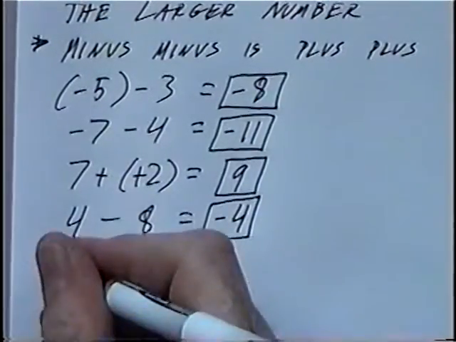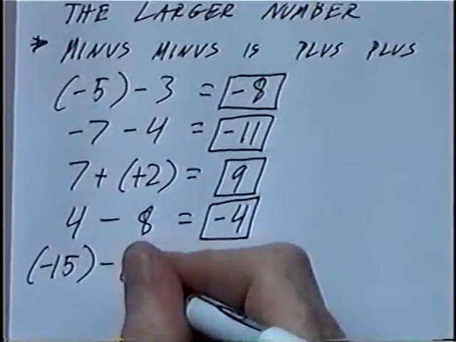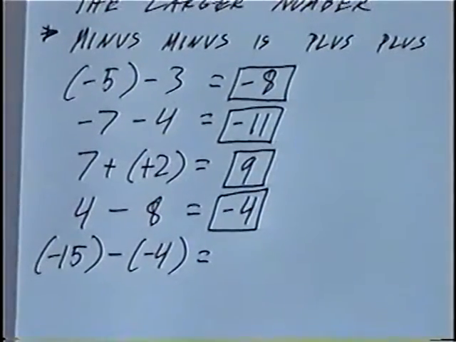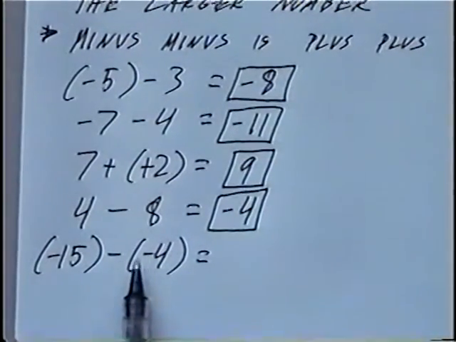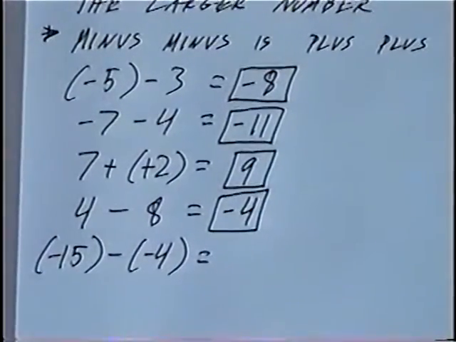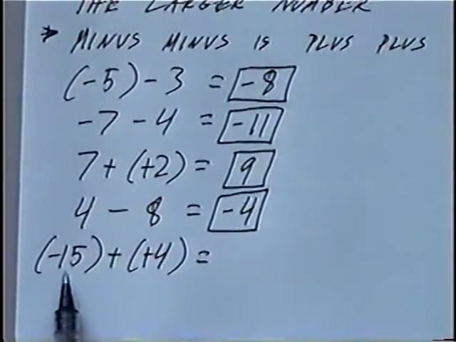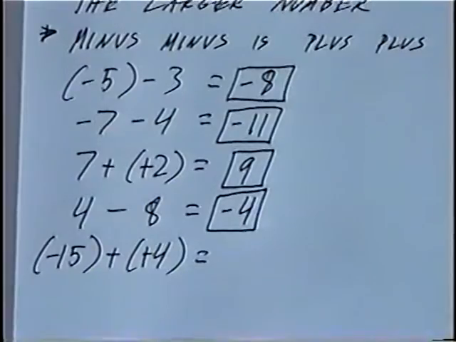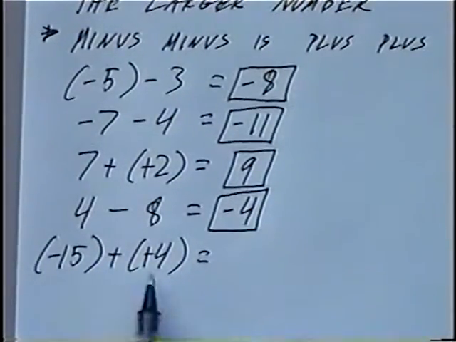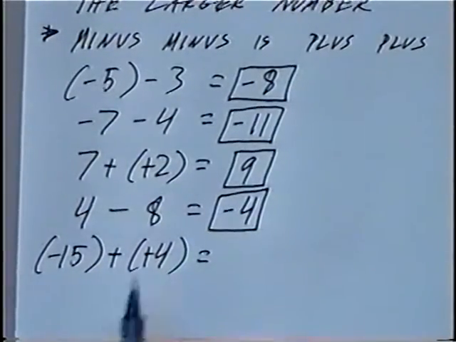Next question we'll look at. Negative 15 minus, in parentheses, negative 4. Again, on this question, we have two minuses with no number between them. When we have minus minus, we can change that to plus plus. So the problem will change to negative 15 plus 4. We have a negative 15 and a positive 4. Different signs. Anytime we have different signs, we'll subtract. 15 minus 4